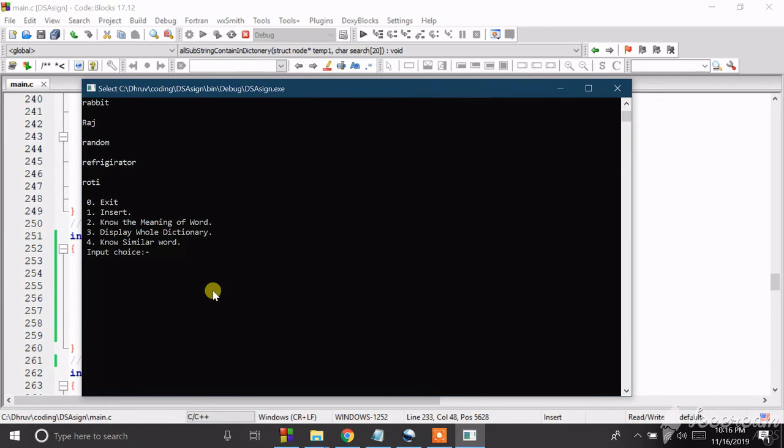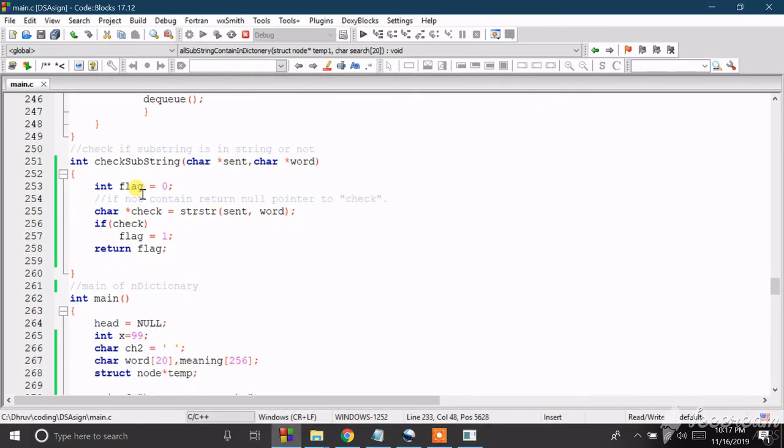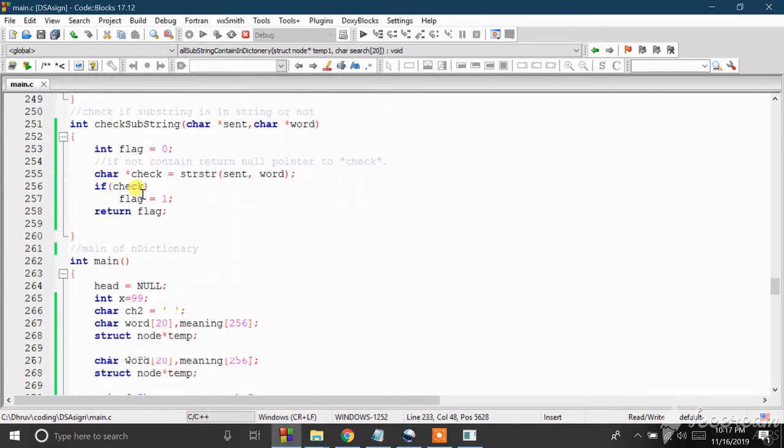Now I am going to search for similar words to the string ALG. Here it shows me that nostalgia, algorithm, and algebra are the only words which contain the ALG string.